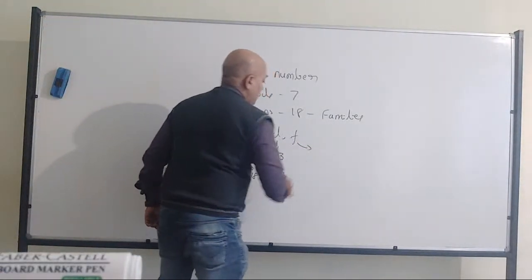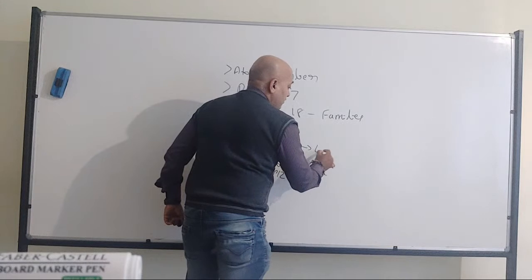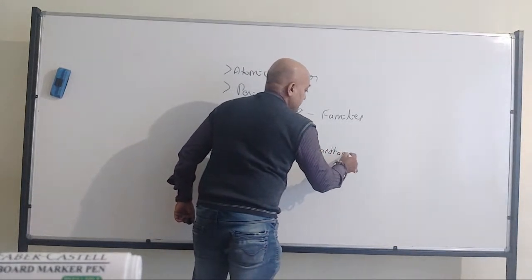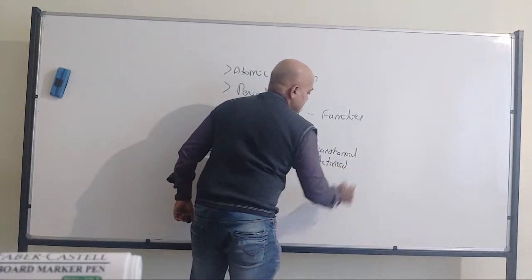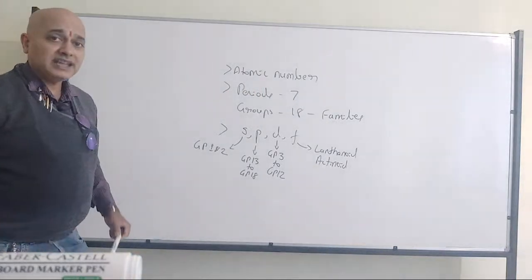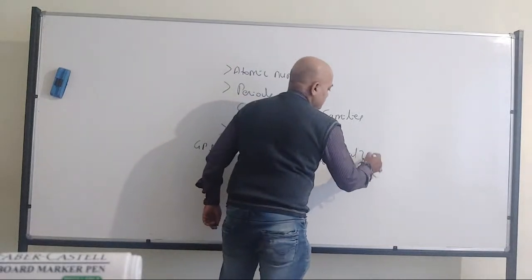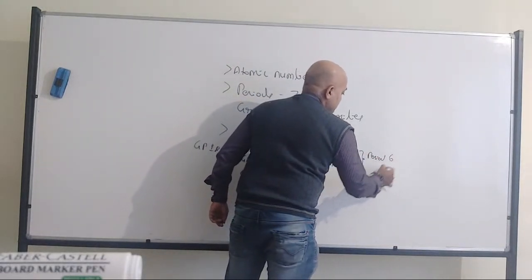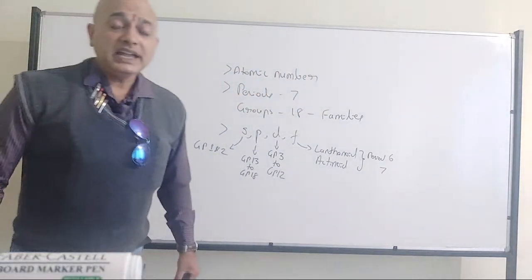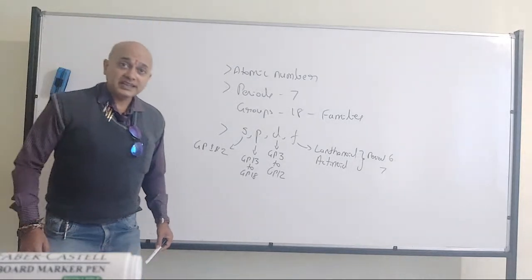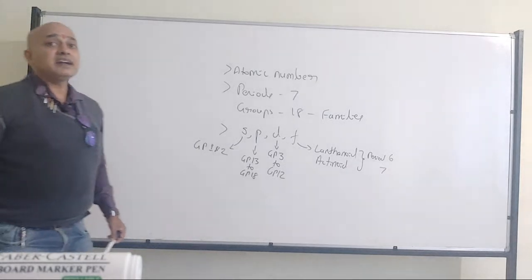And what about the F block? They are located between group 3 and 4, right? That's where we have the lanthanoid series and the actinoid series. These elements belong to period number 6 and 7, and their location is between group 3 and 4, right? That's where we have the different categories of elements.